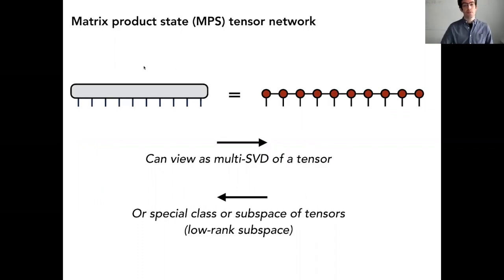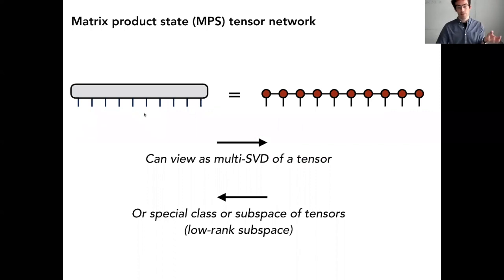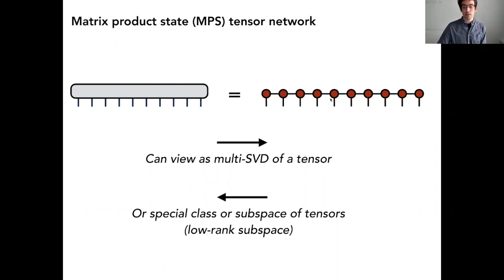That's right. So if you can afford to instantiate or have some way of having the original tensor, it may not be an array of numbers. You may have it as a sum of low rank tensors, or you may have it in some other form that you can efficiently evaluate. Then you can feed that into an SVD algorithm in some efficient way, and you can actually print out these MPS tensors. And then basically just by setting a threshold on the truncations, you'll discover the size of these